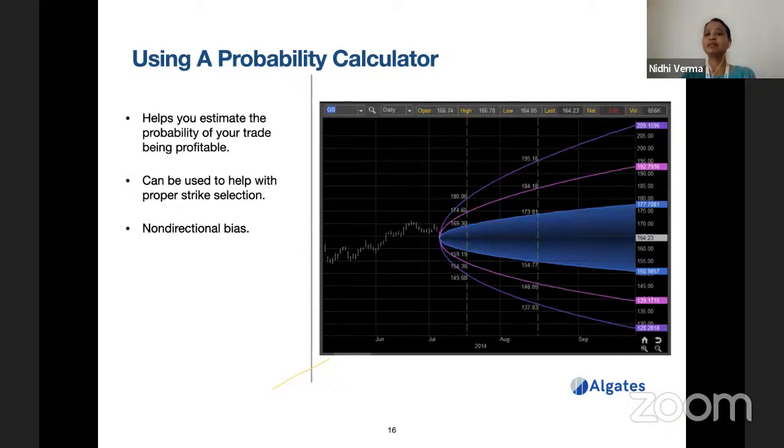Now, what is the probability that the stock will go to 200, or go above 200, or remain within 170? How will you determine that? Okay, so assuming that the stock prices are completely random and they follow a normal distribution, this has been made. Now suppose that the mean is 164.23. You see that blue part, the bell curve in blue, what it is showing is that the current stock price is 164.23.